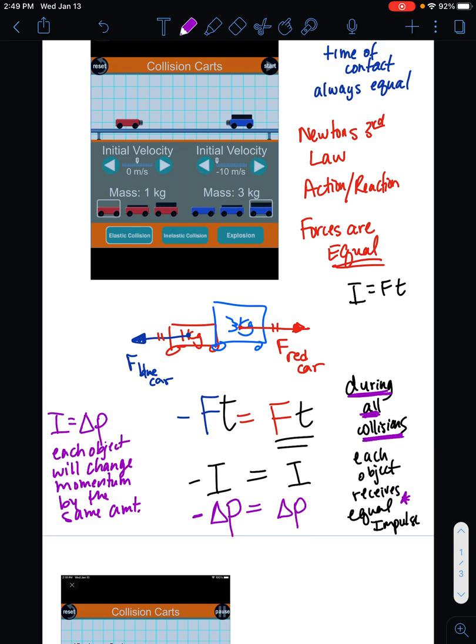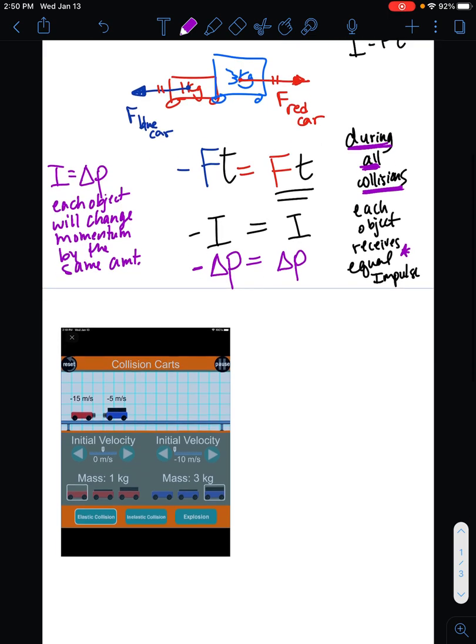Doesn't matter the size of the car, it doesn't matter the shape of the car, it doesn't matter how fast the car is going, that when two things collide, they are always going to receive equal forces, equal times, equal impulses, and equal changes in momentum. It seems as though everything is equal, but what we notice here is that